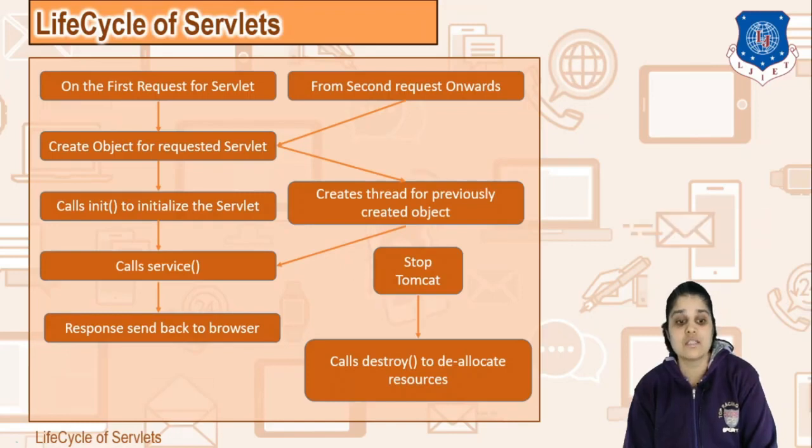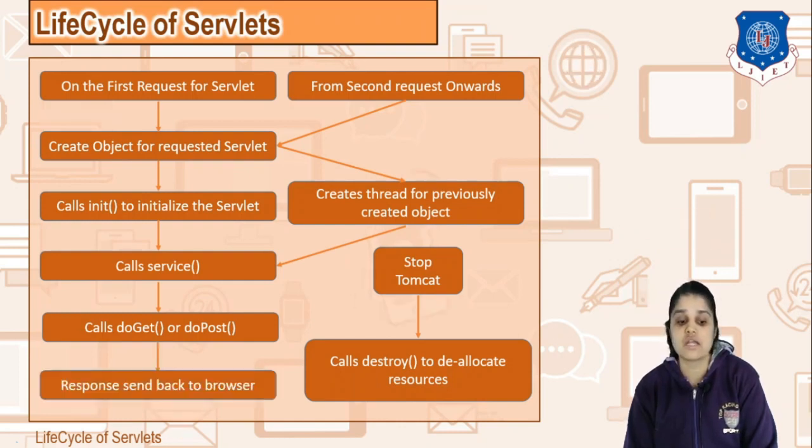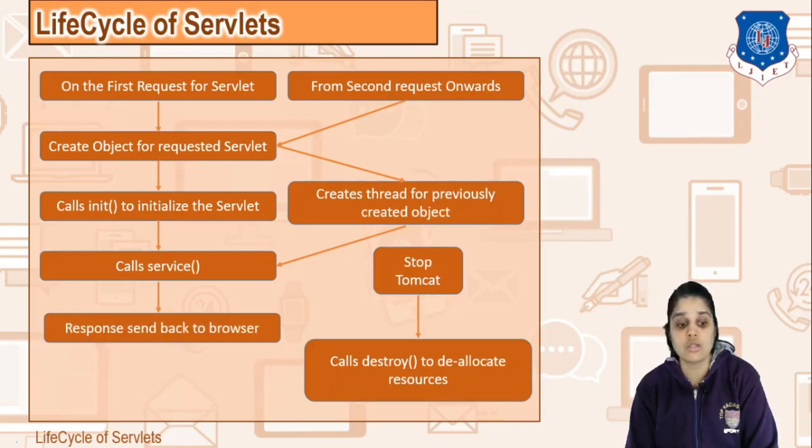Okay, now let us see the change that I told you for the HTTP servlet. The response which is sent back to the browser is now produced by doGet or doPost, called in the service method, and after that the response is rendered back to the browser. So these two changes are there for HTTP servlet only, whereas your generic servlet is going to work on this principle only. Okay, so this was all for the life cycle.